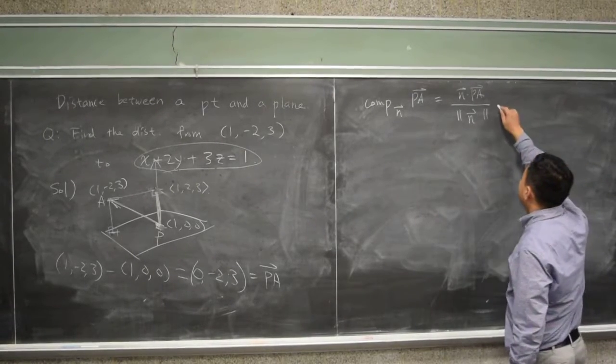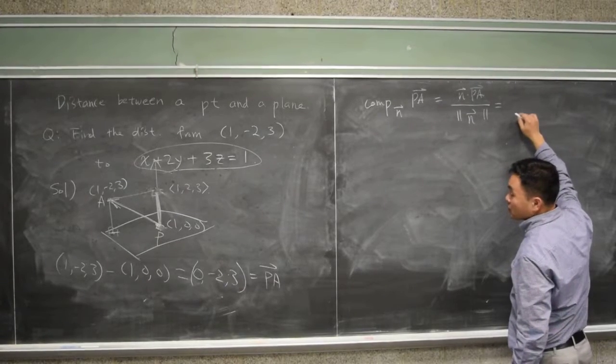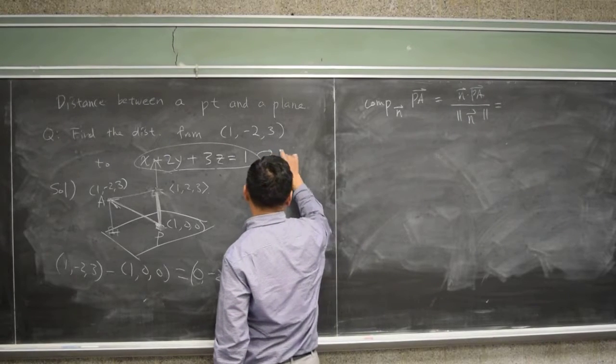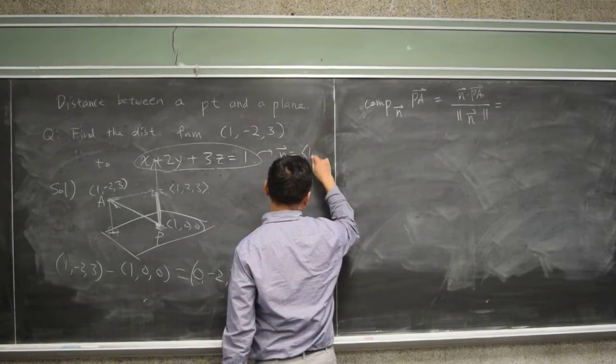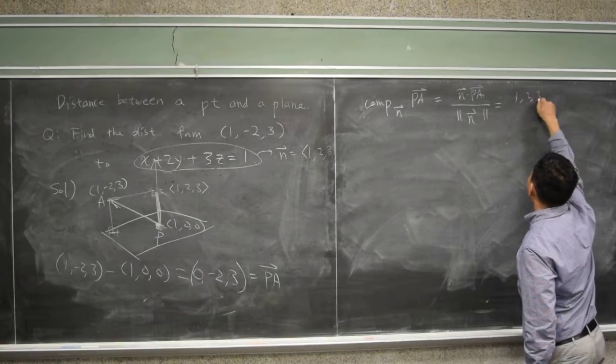All right, so we have that, and then the dot product between the two is the following. What's the normal vector here? Normal vector, 1, 2, 3? Yep. So we have 1, 2, 3